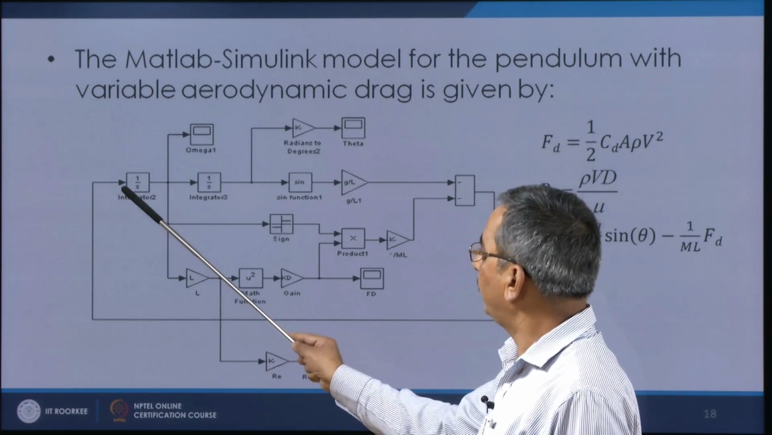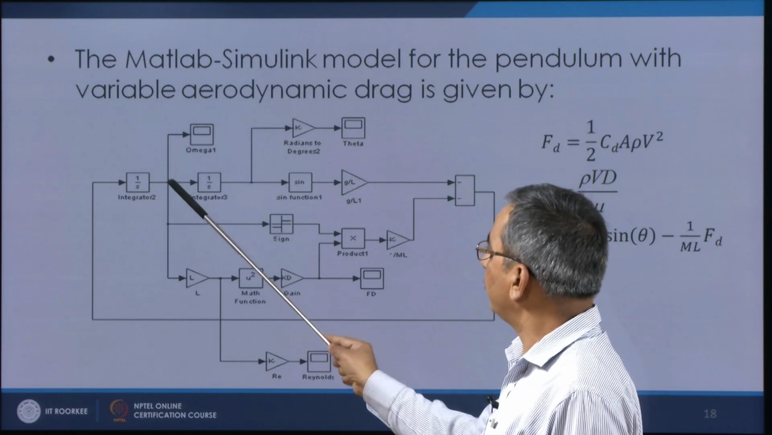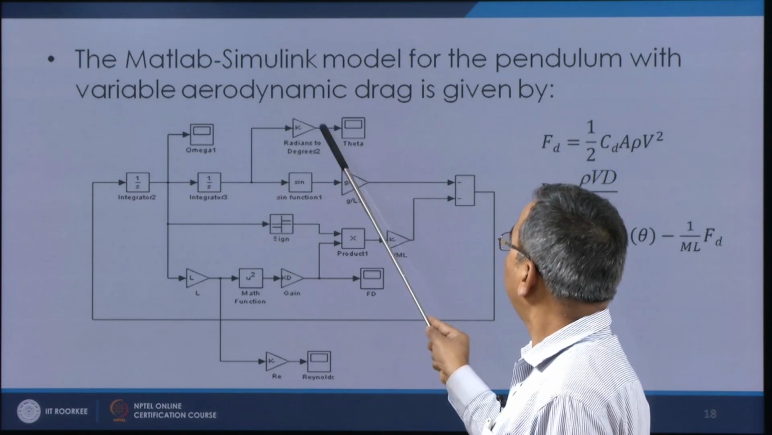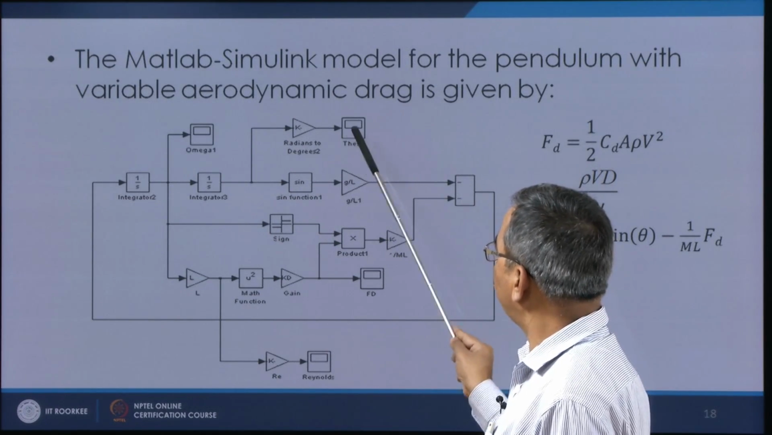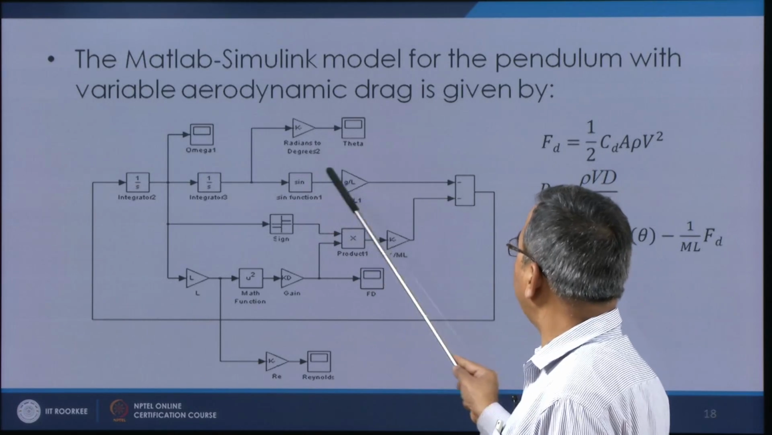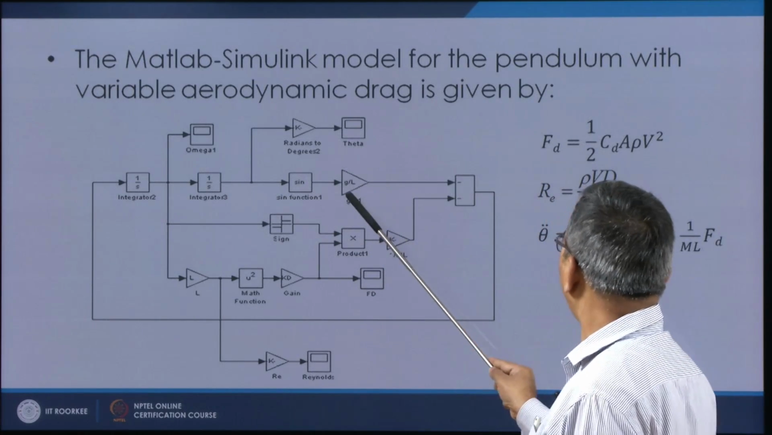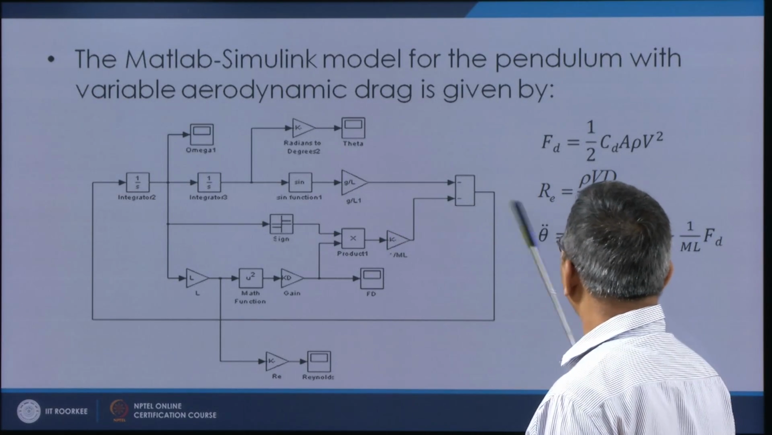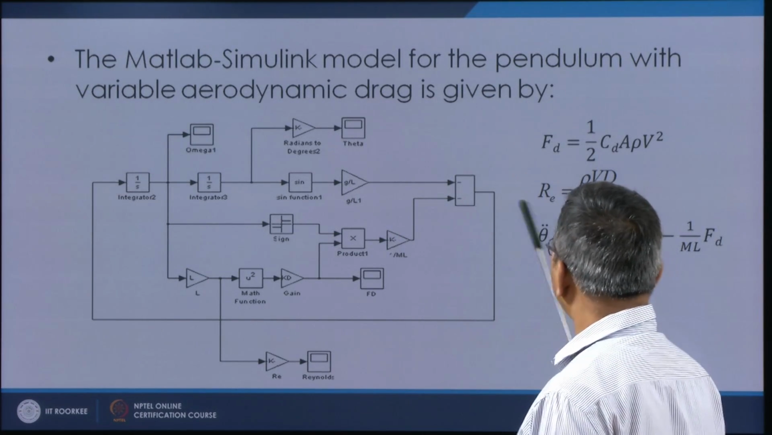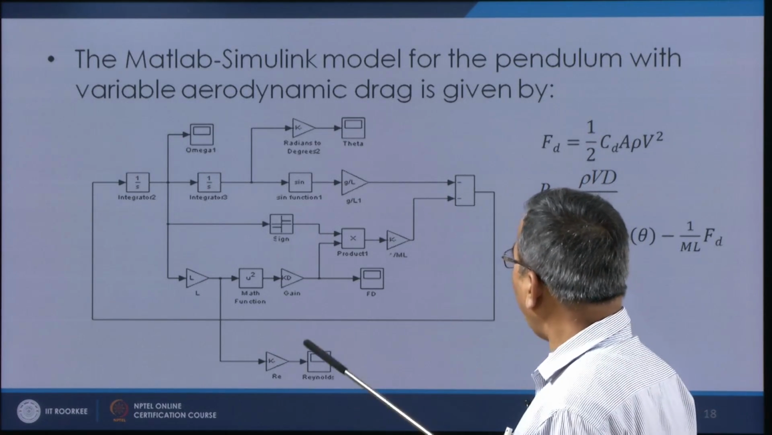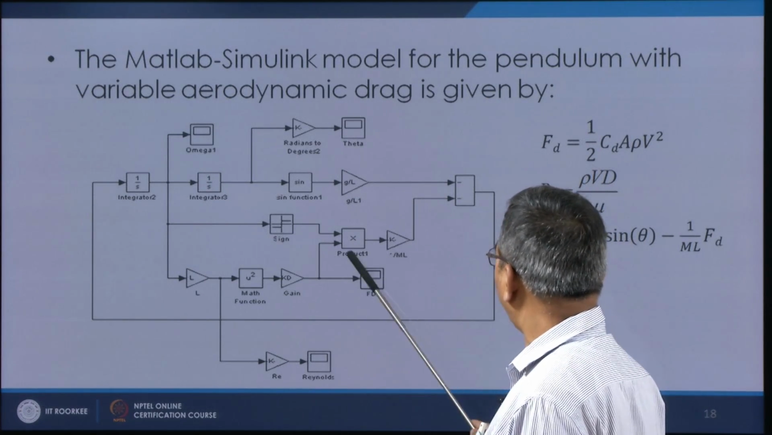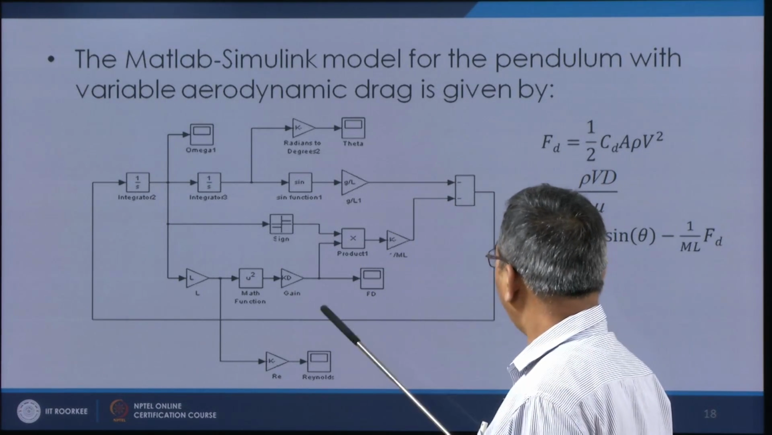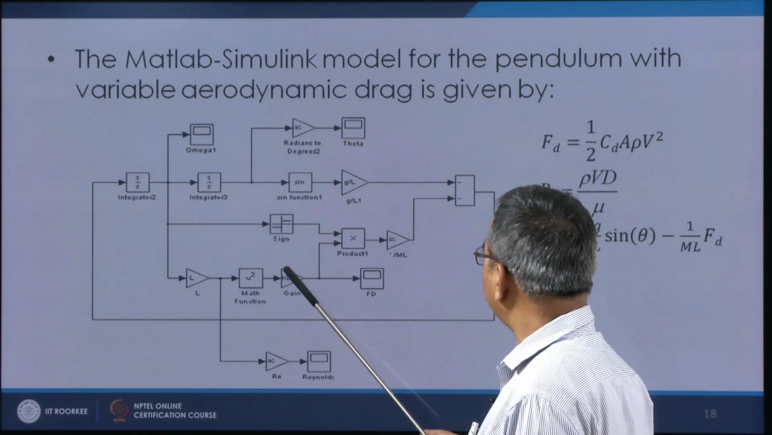So, here we have theta double dot, first integration gives the theta dot, second integration gives the theta, and I view the theta here in the display. I get the sine here, then multiplied by g by L, and the minus sign here, the same thing. This portion we have also discussed in the previous case. The only thing is that this KD is determined now,